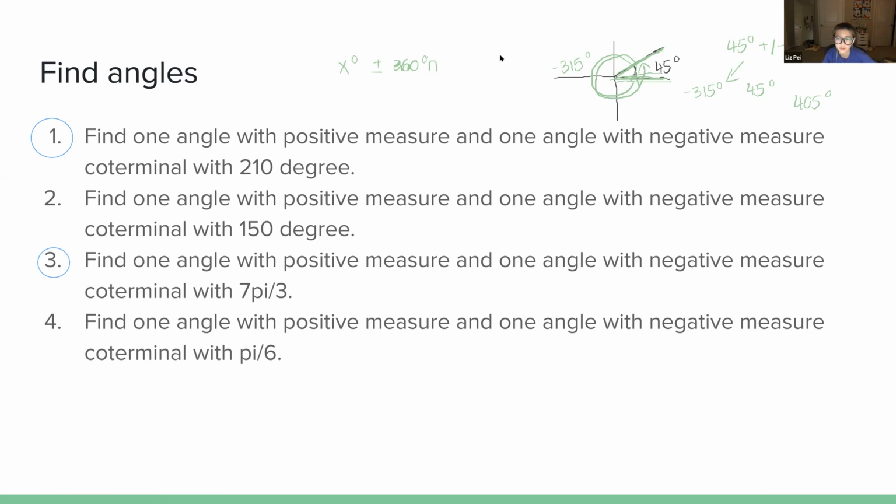I'll do 2 and 4 with you guys. So let's find one positive and one negative angle that is coterminal with 150 degrees. So to look at it from a graph, 150 is somewhere around here, right? So the coterminal angle is either going this way to get here, or it goes another circle to get here. So you can do